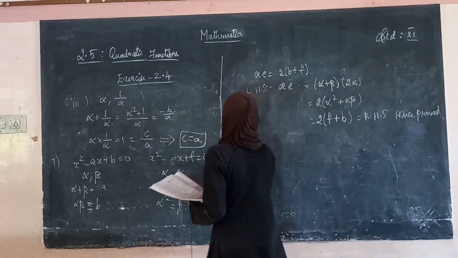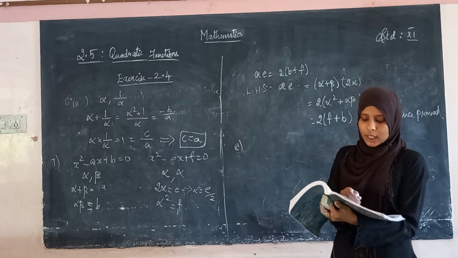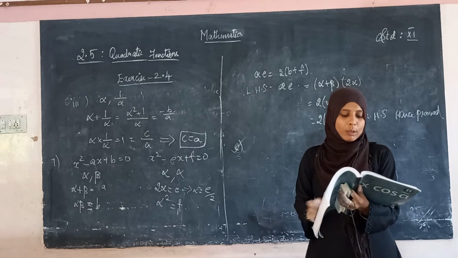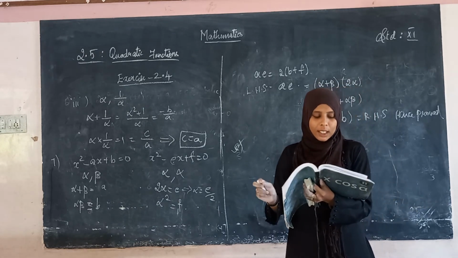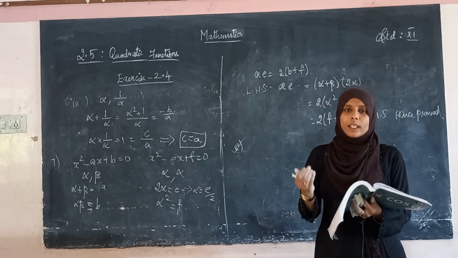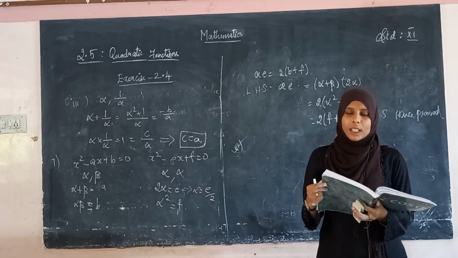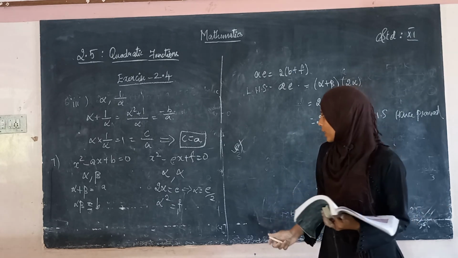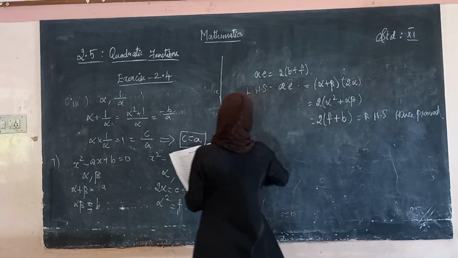Now the eighth sum: discuss the nature of the roots. They have given three equations, so this is the assignment for you. What you have to do is only find the discriminant value, del, which is equal to b square minus 4ac. In each and every equation, you have to find the del value and check whether del is greater than 0, equal to 0, or less than 0. According to that, you have to tell whether the roots are real and distinct, real and equal, or no real roots. This is the assignment for you. Now, let us see the ninth sum. What is the ninth sum?